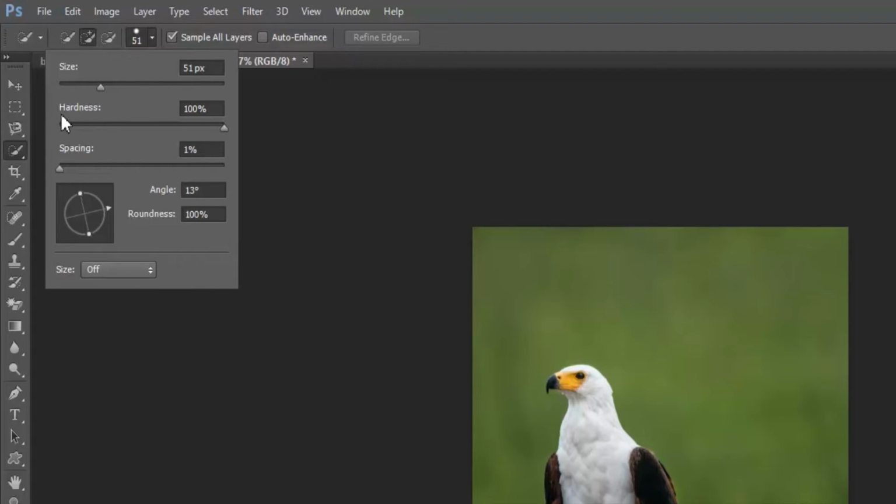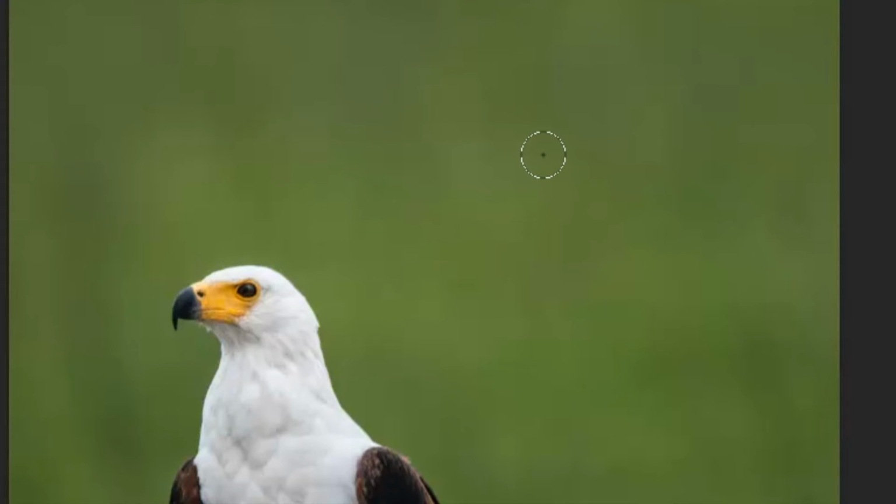The next is hardness. Hardness determines how hard or soft the edge of the brush will be. With the hardness set to 0%, I'll make a small selection here. Press Q to preview the selection.